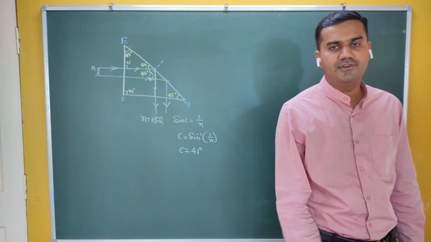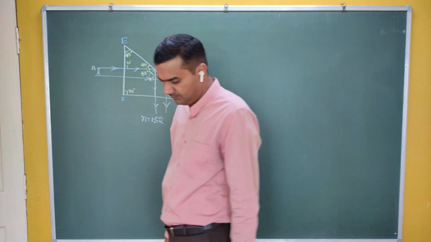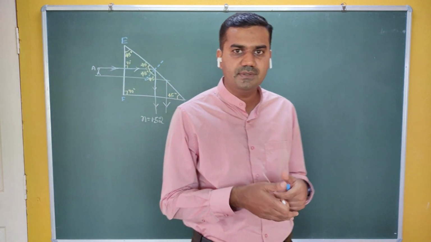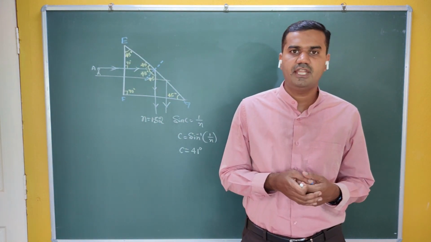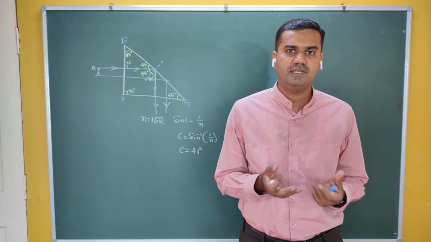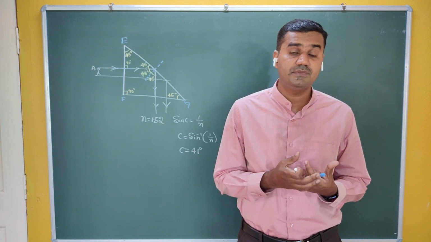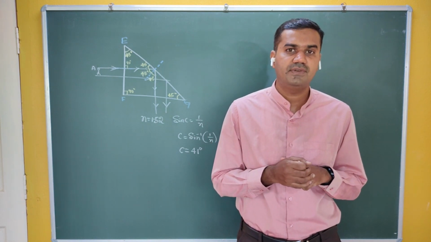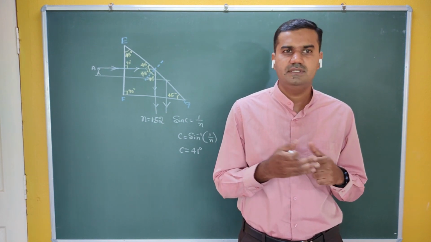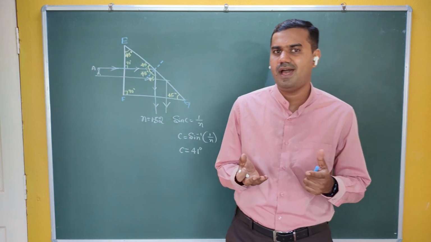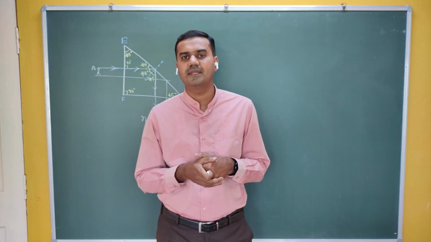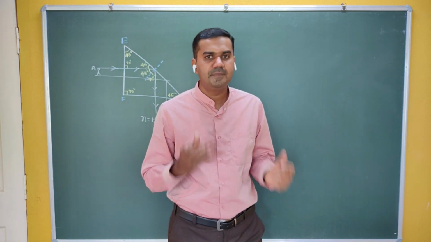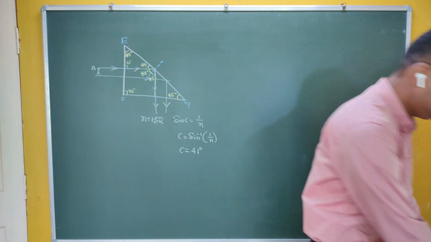Therefore, it is somewhat behaving like a mirror. Here light gets reflected, they behave like a mirror. Therefore, these prisms are used in place of mirrors. There also reflection takes place, but not 100% reflection. But in these prisms where TIR takes place, that is total reflection, 100% reflection takes place. Therefore, in some instruments like the periscope, the mirrors are replaced by prisms, and these prisms are called reflecting prisms.